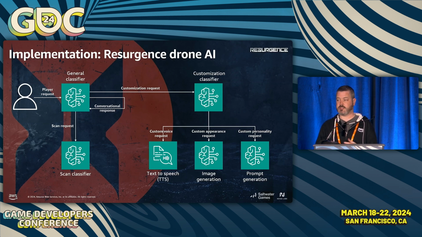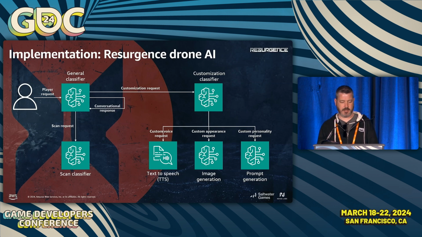And then finally, if it's a request for it to talk or act with a certain different sort of voice, we go off to the text-to-speech model. It does some clever stuff under the hood, like if you were to ask it, for example, to act like a young child, it might pitch shift it up. Otherwise, it just picks the most appropriate model, and then that is baked into how the drone responds to